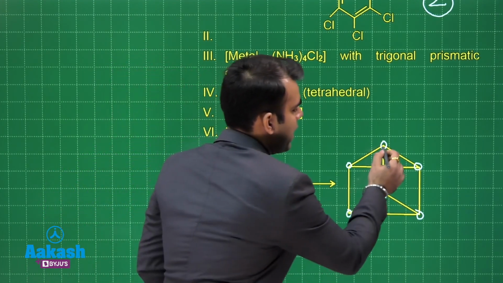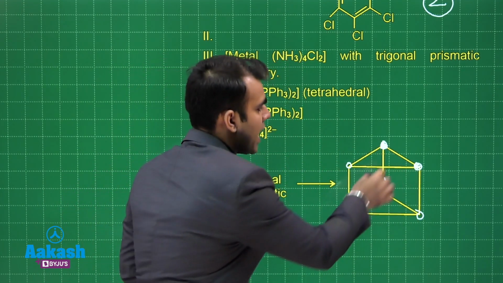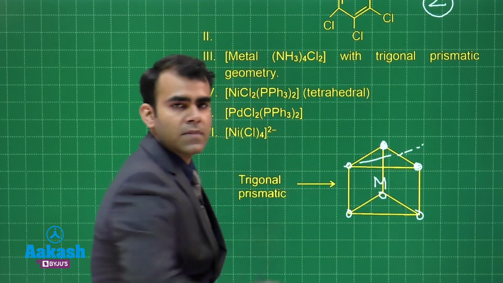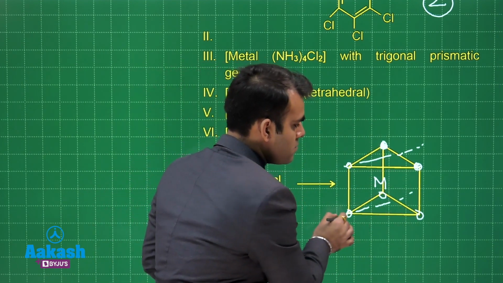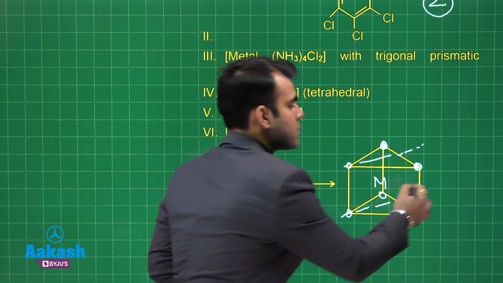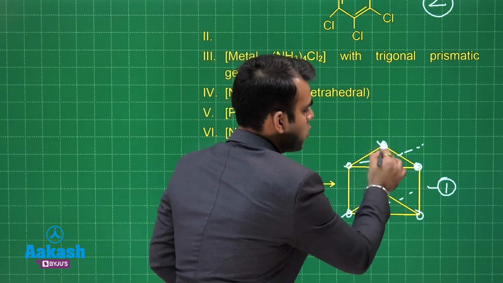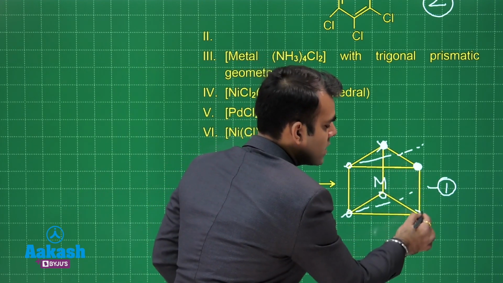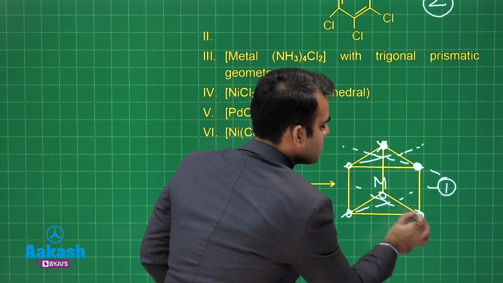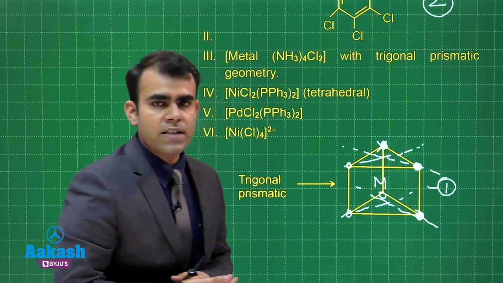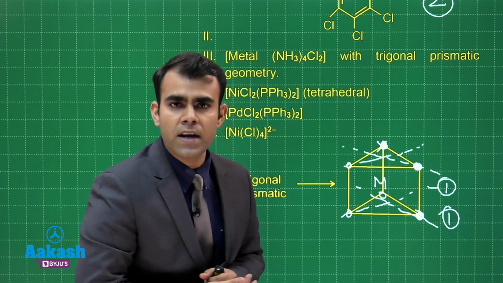First possibility is when my Cl are just adjacent to each other on the same side. Now here I have a plane of symmetry like this. And if I have a plane of symmetry like this, which is in this plane also, so this is my plane of symmetry, so it means from there I will get a single product. But if I have one Cl here and one Cl here, now again there is a plane of symmetry in this way. Now if we have a plane of symmetry in this way, again that becomes optically inactive and we have one more isomer. We do not have its mirror image.